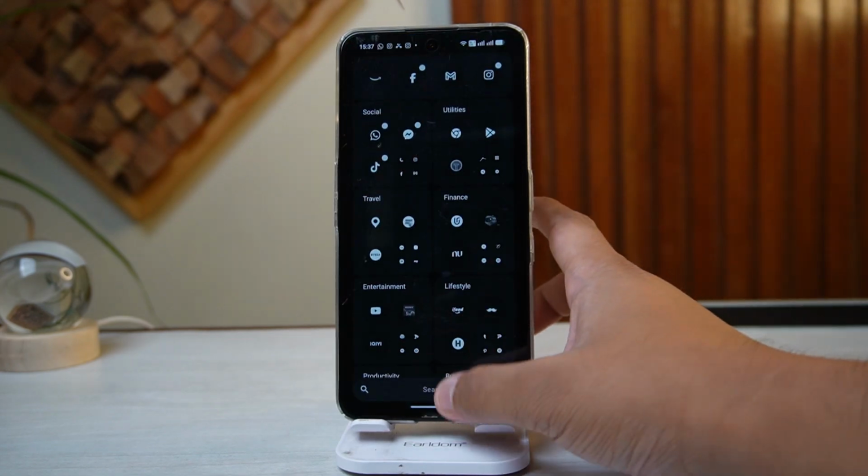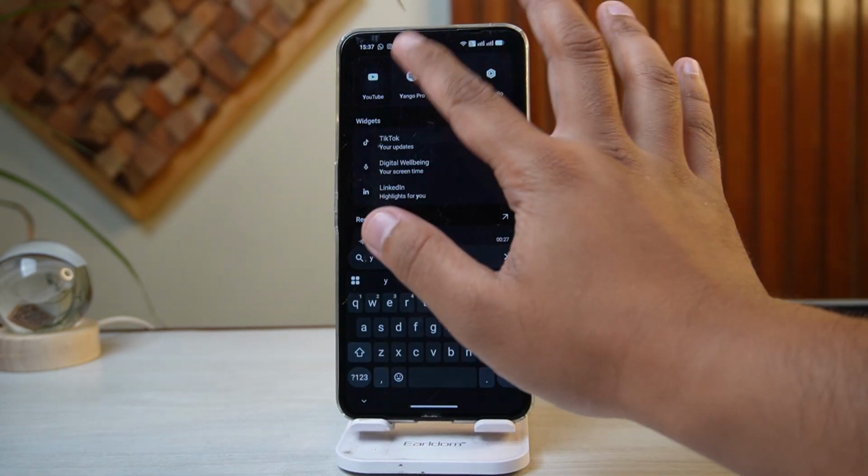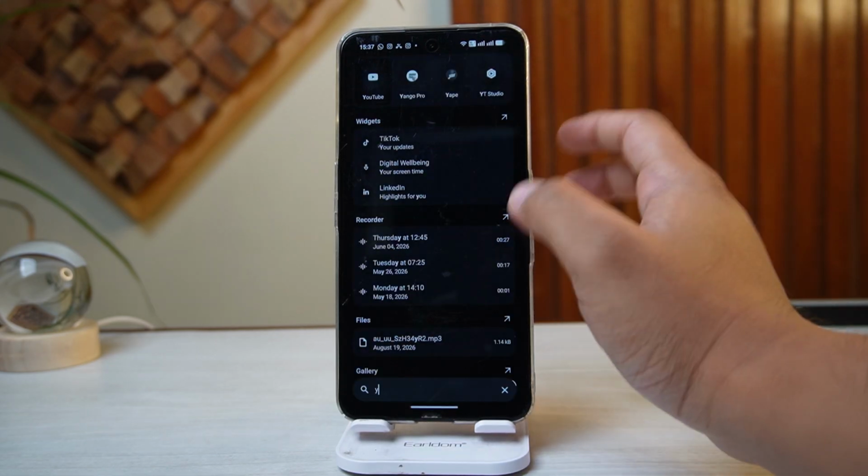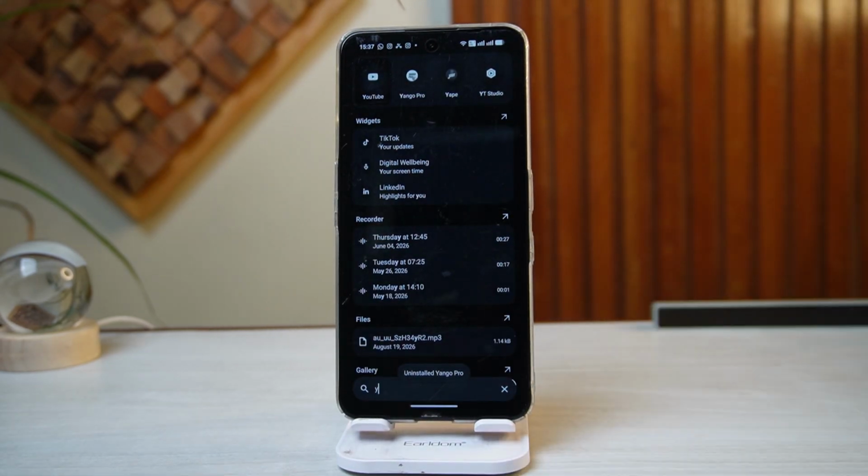If the issue still persists, simply head over to your app drawer, search for the Yango app, long press on it, uninstall it on your device, and reinstall it from the Play Store and try again. If the issue still persists, it may likely be a server issue, or you may have to contact support for